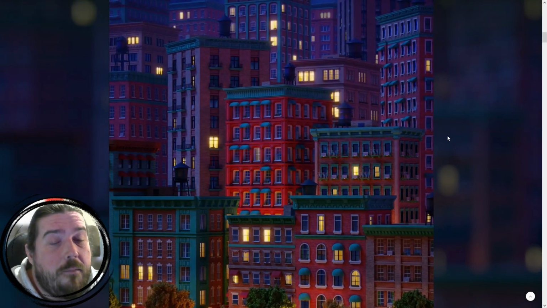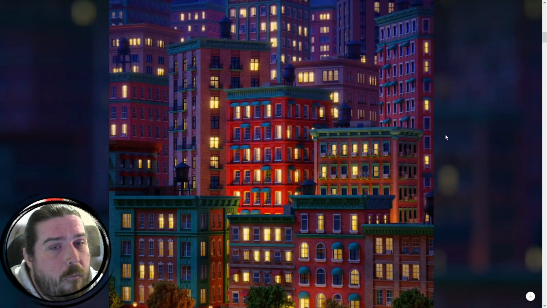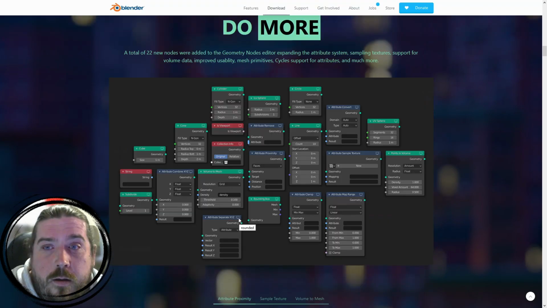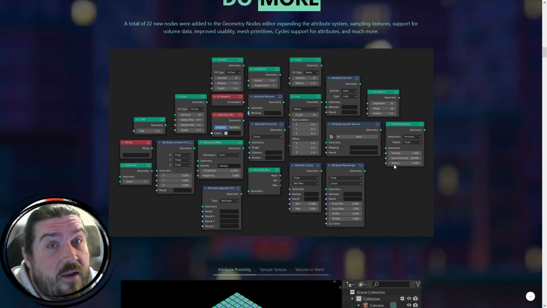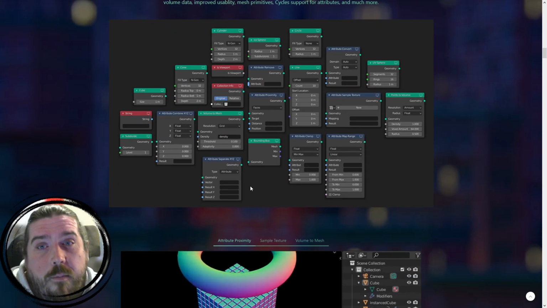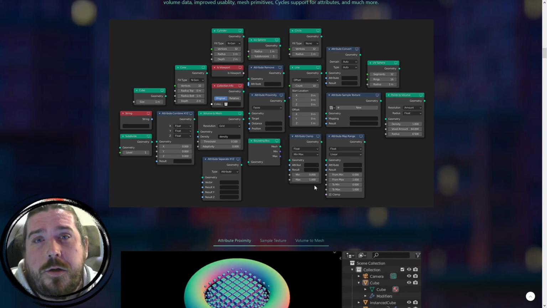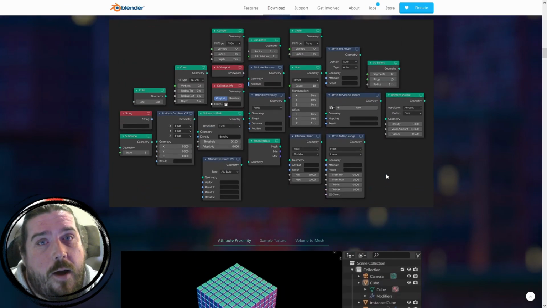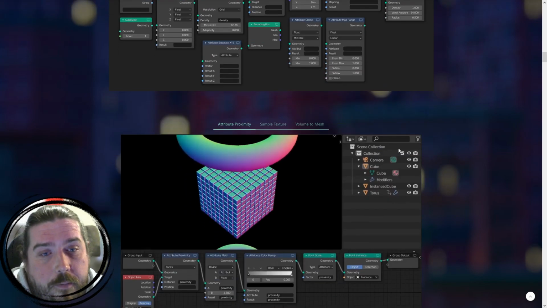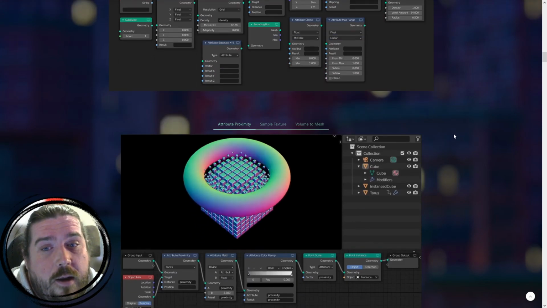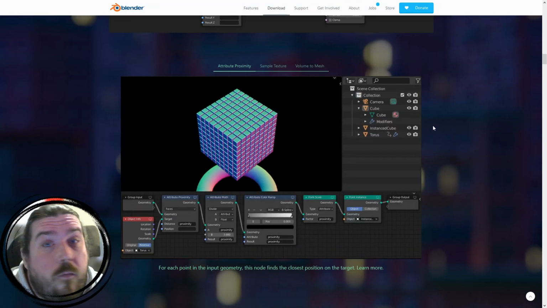We've got some examples of what you can actually do with the new geometry nodes updates. And as you can see here, this is all of the new nodes that have been added to the geometry nodes workspace. So this is a big update for geometry nodes because there was only a few to start off with. I personally haven't really touched geometry nodes yet because the first version was pretty much just point distribution, which is fine, but you could already do that with particles, so it wasn't really anything too new. But as we come down here, you can actually see there's some new attributes that you can work with